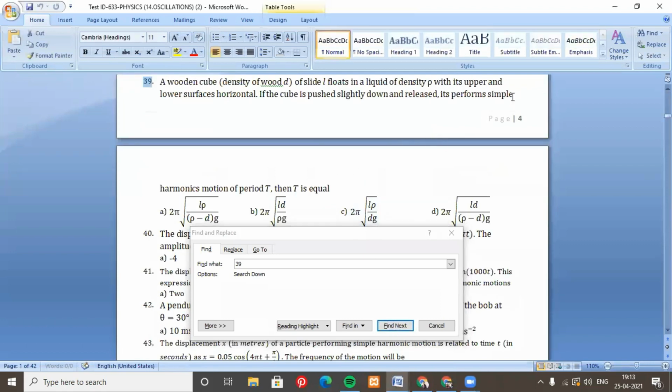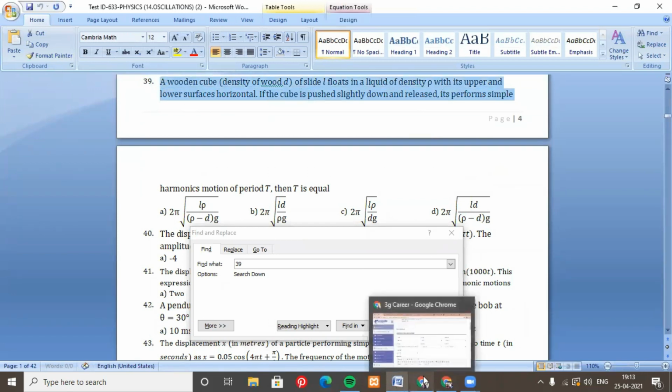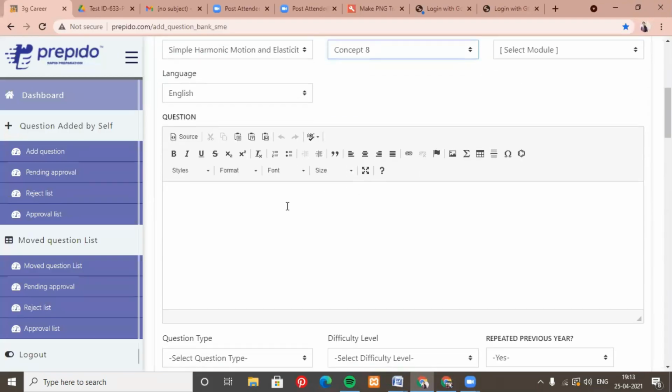So here is the question. You need to just simply copy the question, Control C, and then go to the dashboard and press Control Shift V. You need to enter Control Shift V and not Control V, because the font and the size will be consistent only if you press Shift.